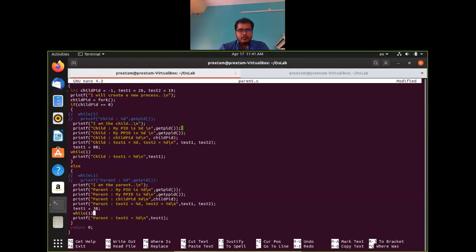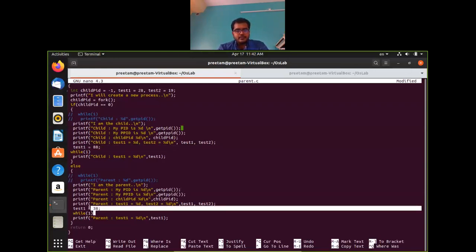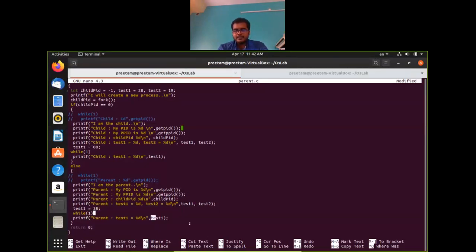So if you look at it now, test1 will be assigned 88 in the child, and test1 will be assigned 38 in the parent, right? If these two are run infinitely, this should infinitely print these two values. For child it should print 88, and for parent it should print 38, right?